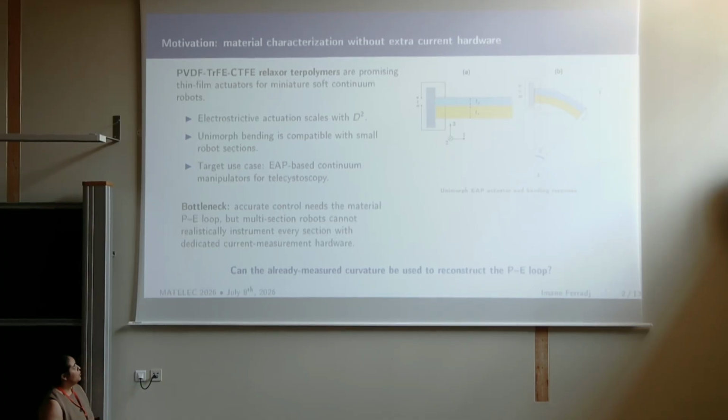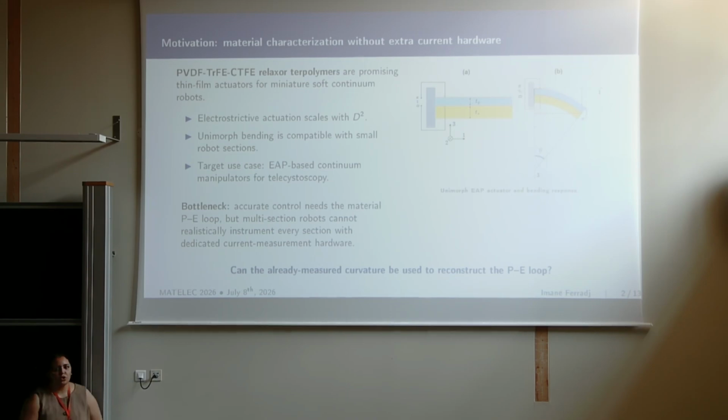So in this work, we focus more on the actuator and not on the robotic system. And this is why we use a unimorph structure that is, I'm not able to see, it's huge. Like the structure, the beam. So I would have a passive layer, which represents the substrate. On top of it, I will have the active material, which is the relaxer terpolymer. And the idea is that